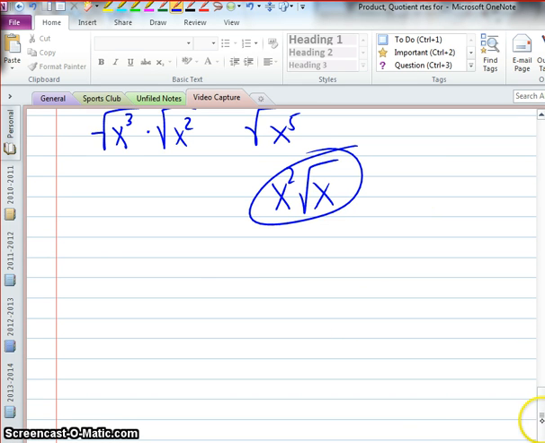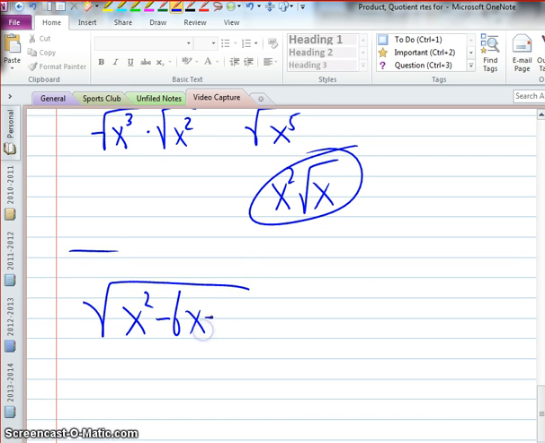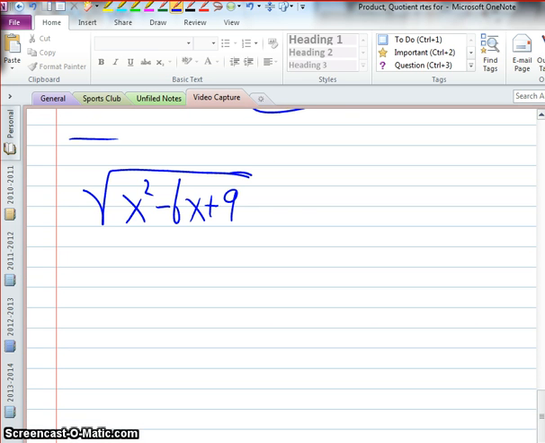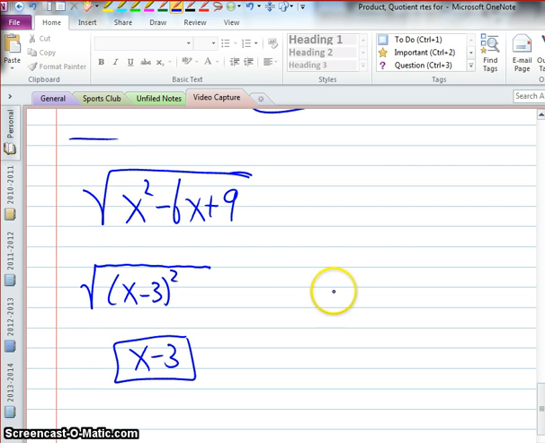Then I wanted to show you, actually I have 2 more examples. One interesting problem that you'll see come up a lot. We've never seen anything like this. Now we're adding things together inside the radical. But take a close look. That's a trinomial, and you may recognize, and this is how math is all tied together in a lot of ways, that that's a perfect square trinomial. It factors into a binomial squared, then the square and the square root cancel, and you're left with x minus 3. The other example I had like that is